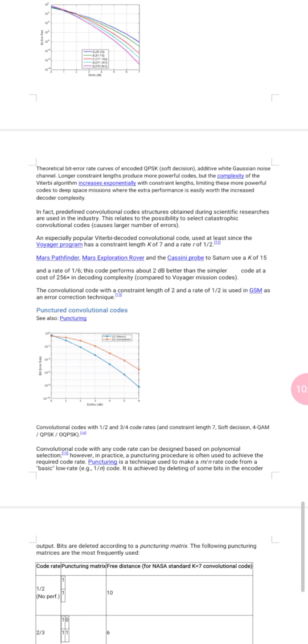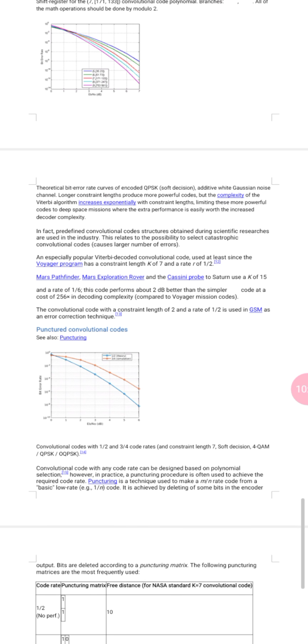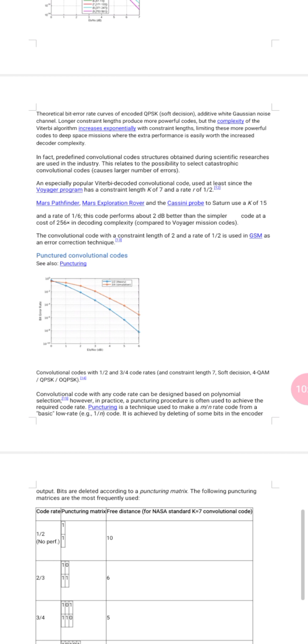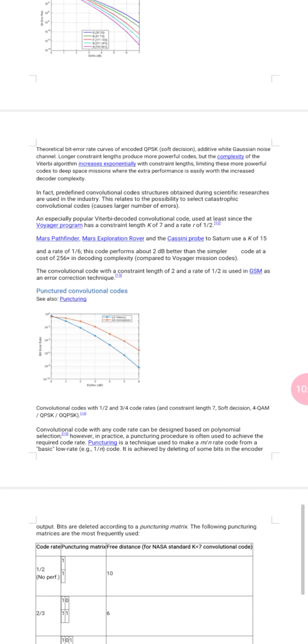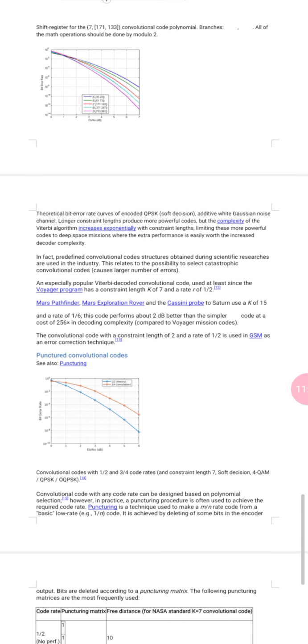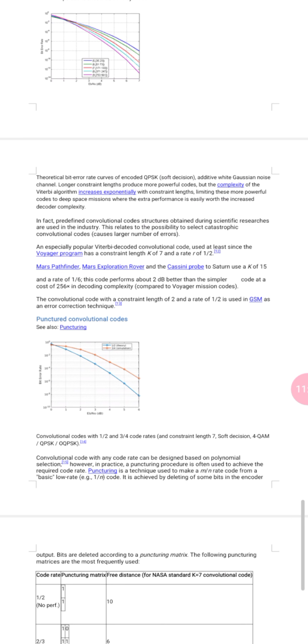In fact, predefined convolutional code structures obtained through specific research are used in industry. This relates to the possibility of selecting catastrophic convolutional codes, which cause a large number of errors.